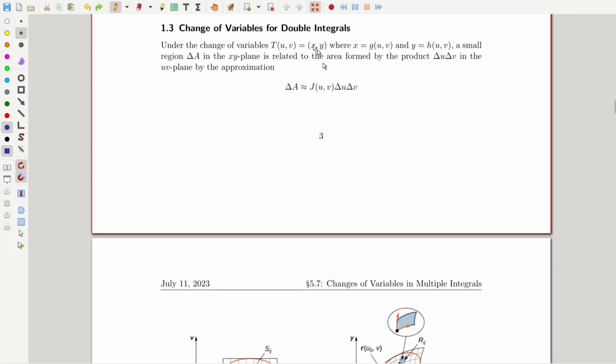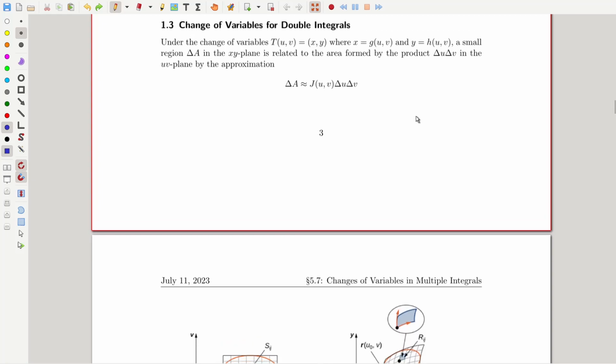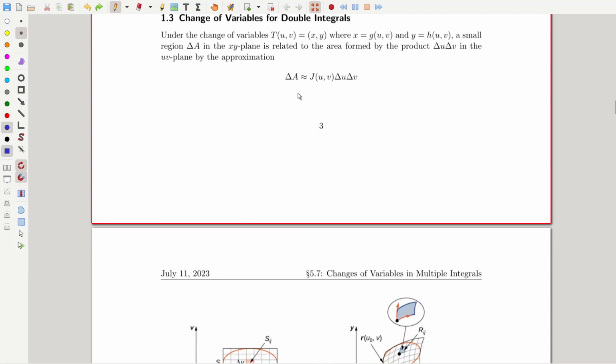So first, a little mention of this. The book tries to go into a lot of details explaining how this stuff works. I've decided to kind of skip over that. If you want to get more of a sense of how it works, I would recommend that you read this section of the book. You might have to start at the beginning of the section because I skip over quite a bit. But the main point is that indeed